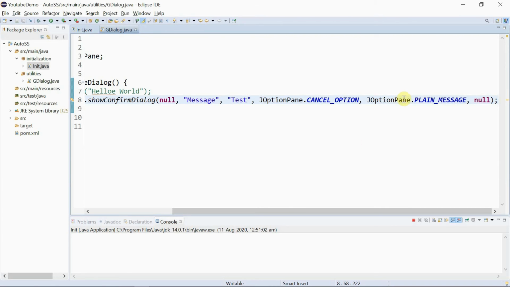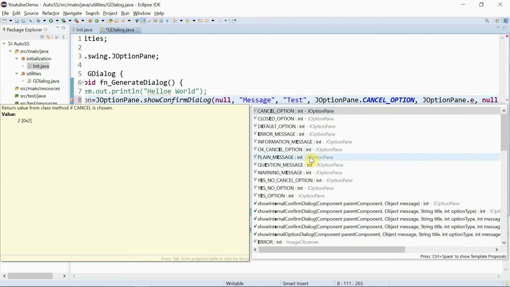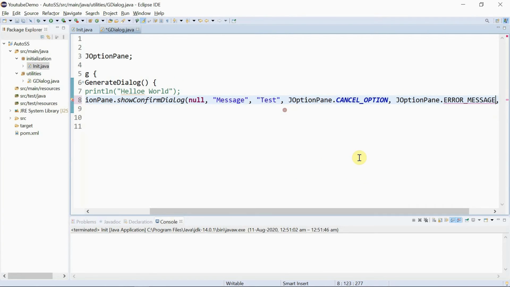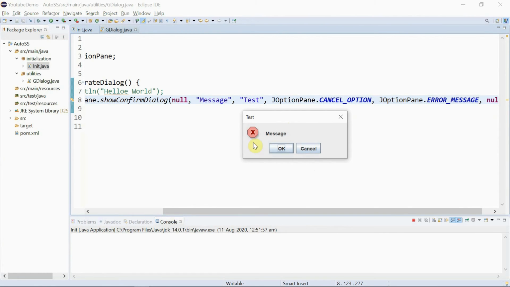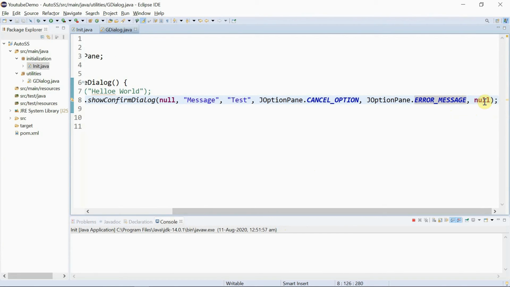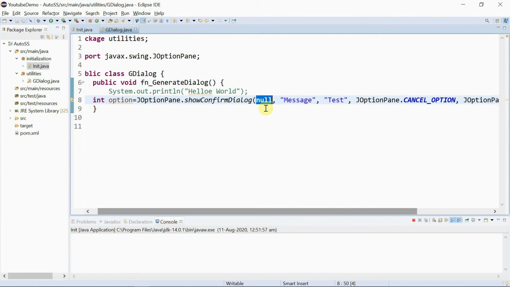Let us change few parameters and check how it looks. I'll click on OK for the timing. Let us change this plain message to some error message. We'll see how it looks. Right, this is an error message. Let me run it now. You can see here, right, this pop-up has some image here, one cross symbol is there. So if you select error message, you will get this image. Now if you want to override this image and put your own user defined image, then your icon parameter will be used. We will be using few images for our look and feel at the later phase of our videos. Then we'll come to null here.